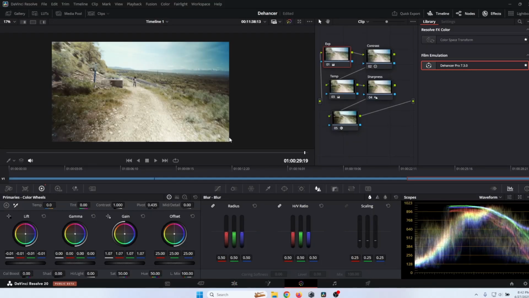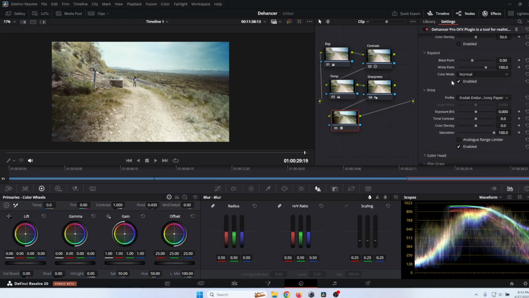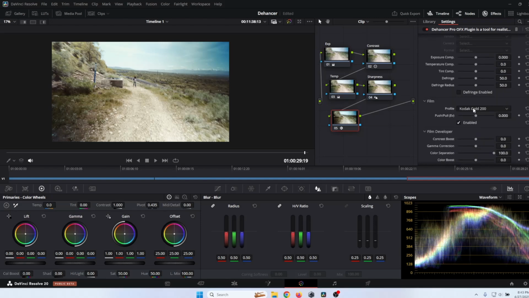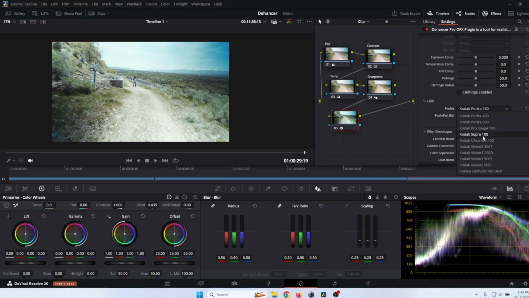So anyway, that is a little bit of what I've discovered using Dehancer. Again, it's an awesome, awesome tool. Now, granted, you could probably replicate a lot of this on your own if you have the knowledge of what famous film stocks look like. I don't. This makes it extremely convenient. You can essentially do it in one click, and you can scroll through all of the different film stocks, like I showed you earlier, and pick out the one that works best for your scene that can convey the emotion that you're looking for,